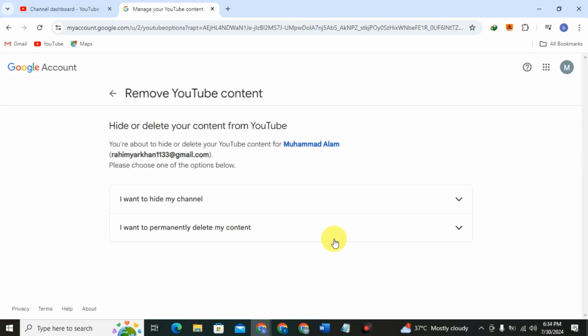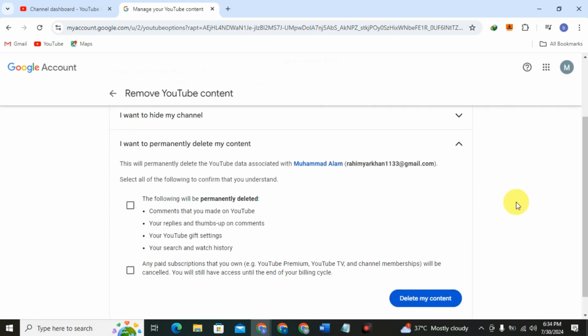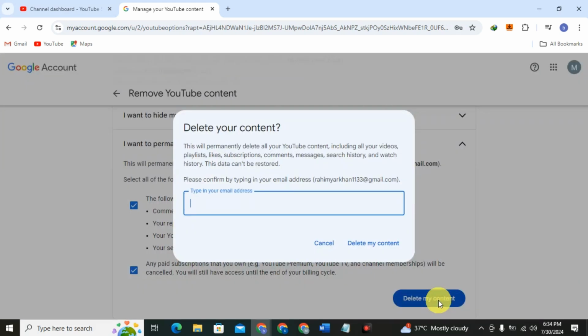and here are two options. Simply tap on the second option. I want to permanently delete my content, and select this account, and now tap on Delete my content. Tap on it. Now enter your email address. When you enter your email address, simply tap on Delete my content. When you tap on Delete my content, your channel is deleted permanently